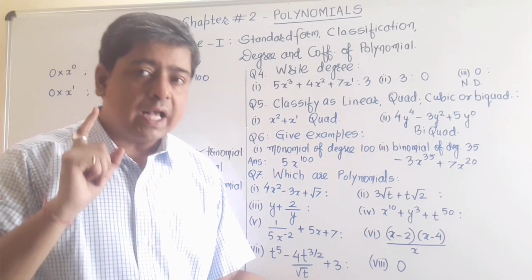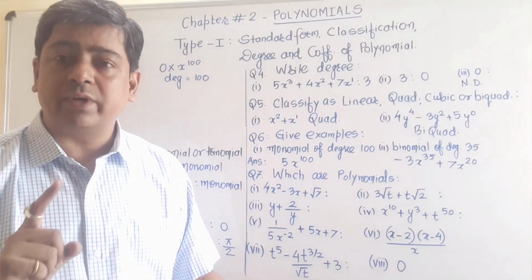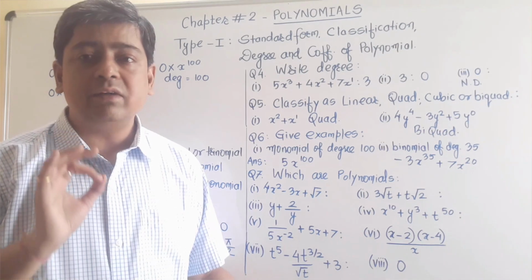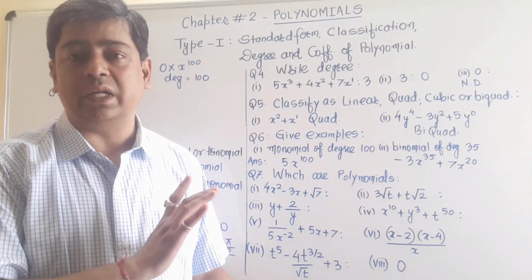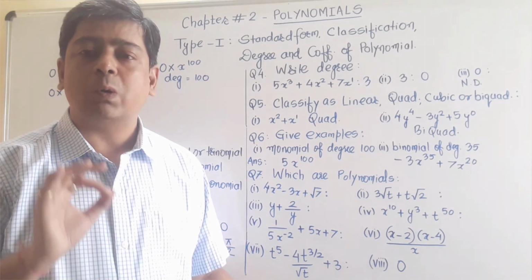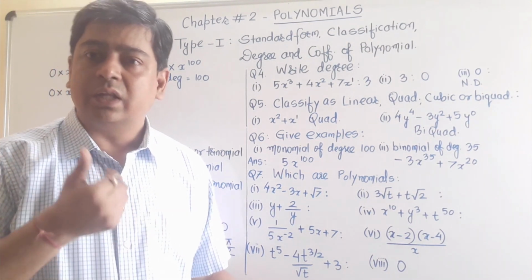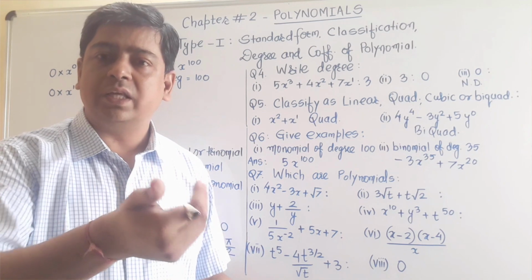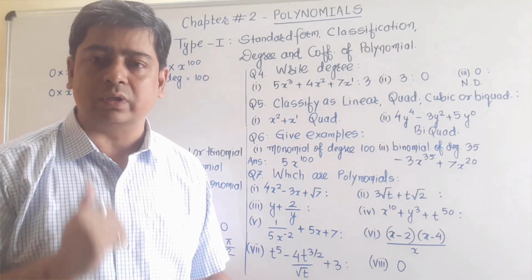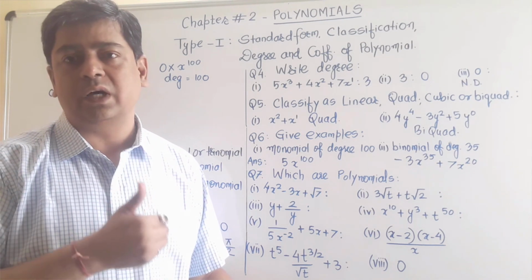Okay, as you know, we can say that if in any algebraic expression the power is coming only in the form of whole number, then it is a polynomial. Any algebraic expression, the power of the variable should be only in the form of whole number. Whole numbers we have already covered in chapter number 1. The numbers start with 0 and go up to infinite: 0, 1, 2, 3, 4, 5 and so on. So 0 and the positive integers together are called whole numbers.